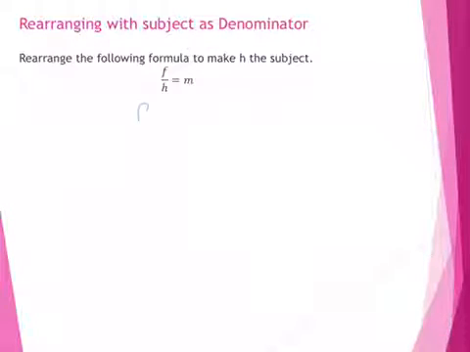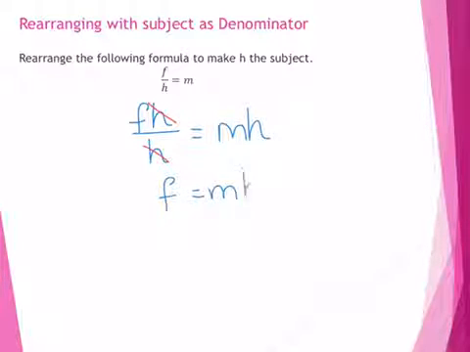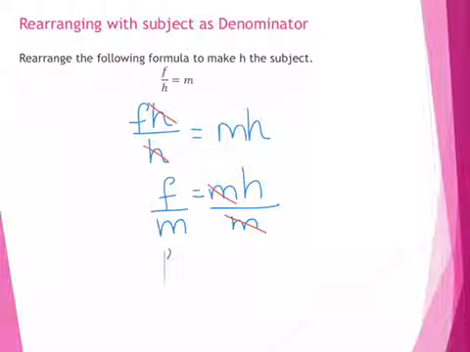We're going to times the left by h, and also times the right by h as well. Whenever we multiply by a whole letter or a whole number, it comes onto the top of a fraction, as you can see here. So again, as in the previous example, the h's cancel, so now we're left with f equals mh. Now we're trying to get h to be the subject, as we said, so we need to get rid of this m that's just here, and to do that we can divide by m. So divide by m on the right and on the left, m's cancel,